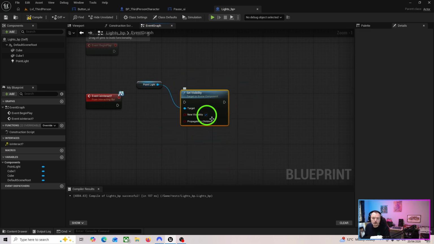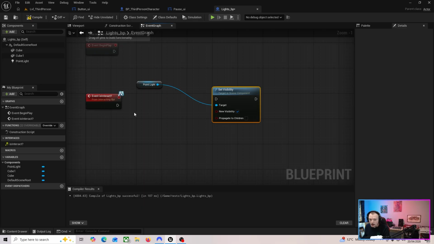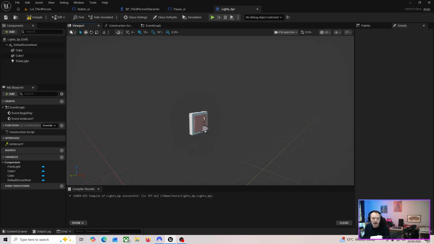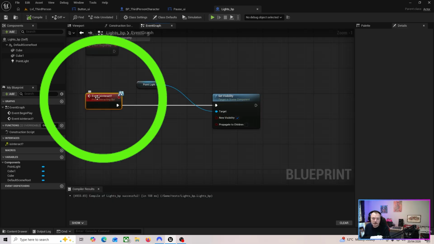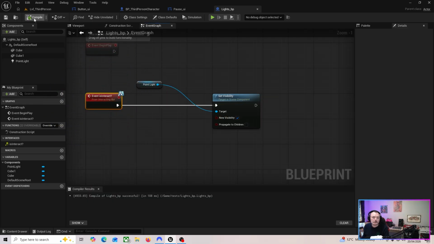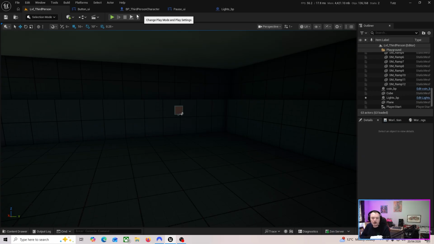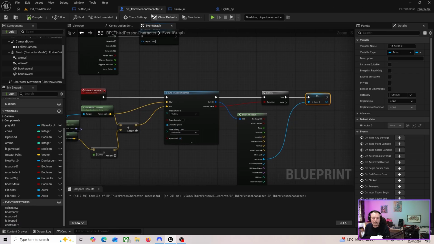And we're going to make this true now because we turned it off, remember. So as default, this point light is off. Whenever this interact is called, it's going to be on. So now what we need to do is we need to do the code for our line trace on our